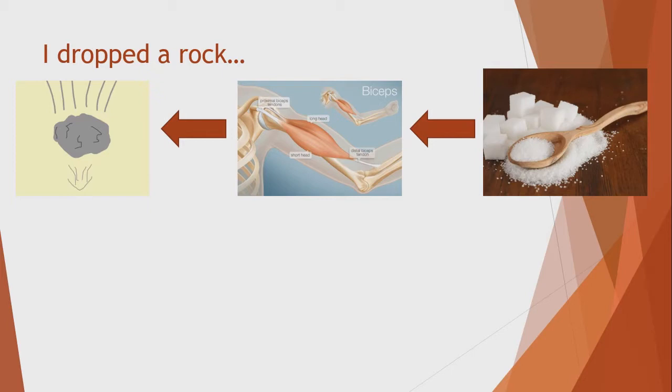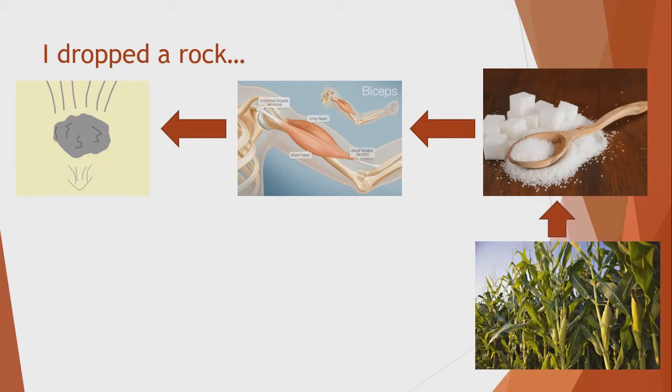Just like I burned that marshmallow for you guys a while back, it's showing you that sugar can release energy. Basically, the cells in your body are all designed to capture that energy and put it to work in useful ways. Where did the sugar in my body come from? Well, ultimately, it would have come from the plants I eat in my food. So here's our nice picture of corn, and that's where the sugar came from.